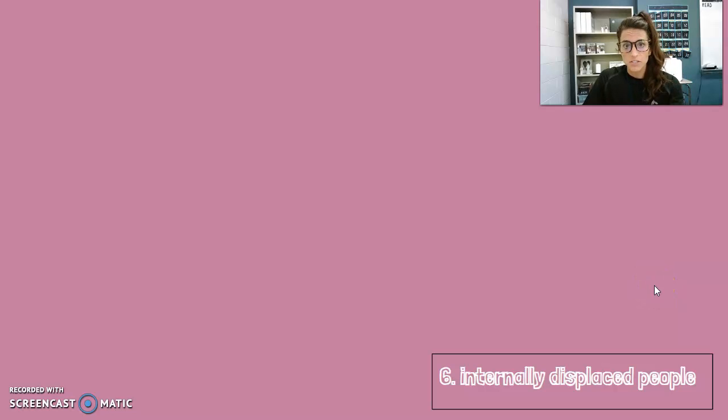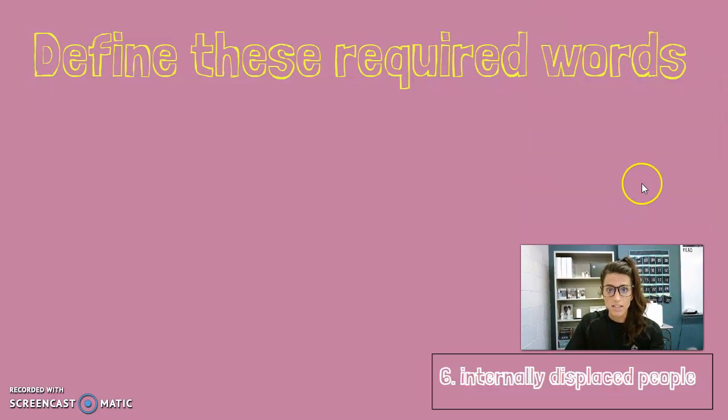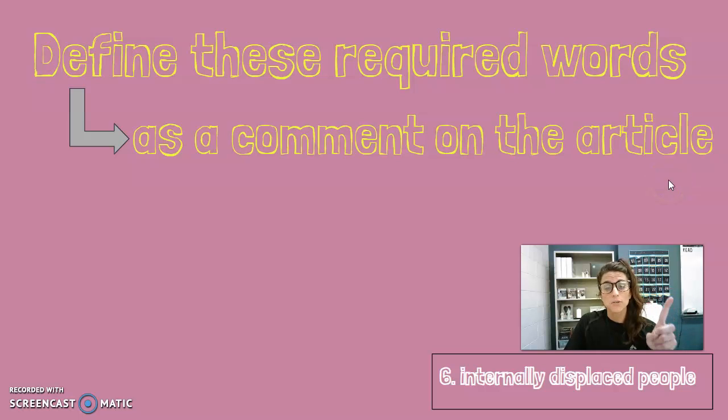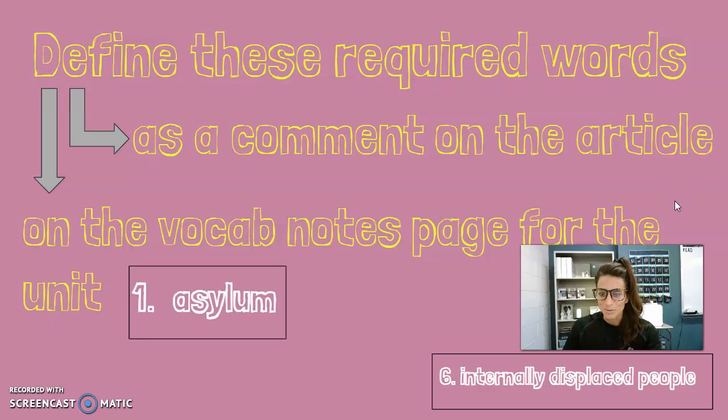So your task for today is you are going to be defining the required words. Now, if you're in Miss Duncan's class, they are highlighted on the document for you which ones you are supposed to define. You're going to do that in two places. One, you're going to write the definitions as a comment on the article. Please be really careful and make sure that you are finding definitions that are relevant to that article. And I'll give you an example when we get to that. The second place is you are going to be writing them on our vocab page for the unit. So that has also been shared with you. And sorry for making you double up, but those are going to be important words throughout this unit that we're starting. So we're going to write them there as well. Just copy paste, you'll be fine.